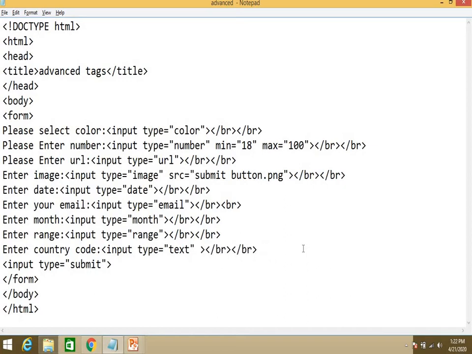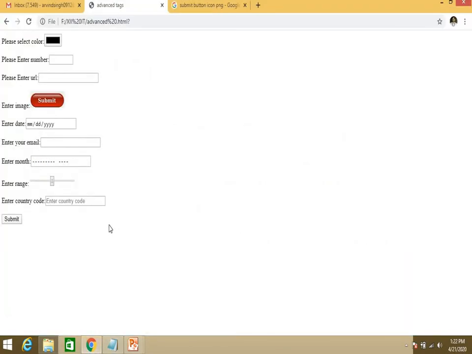Input type equal to text, placeholder equal to enter country code. When you execute this, you will see this in the text box.